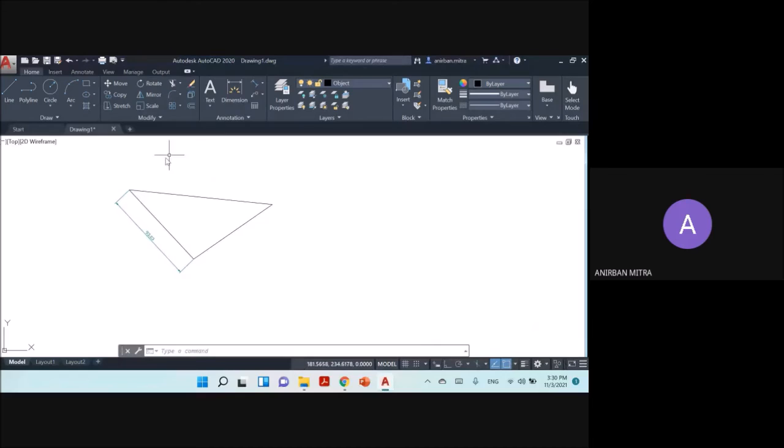Okay. So let's say we draw a center line. Now this center line, I could make it this long. Now it looks like a continuous solid line, right? Yes, sir. But the thing is, its length is not sufficient to show the different dashes.